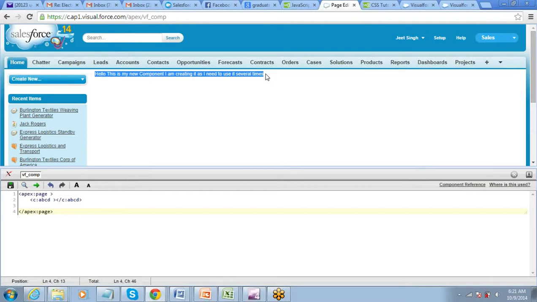This could have been a longer section also, right? So anywhere you want to use, if you have certain page components which you have to repeat or call again and again, you can just create a component and then that component you can call wherever you want.